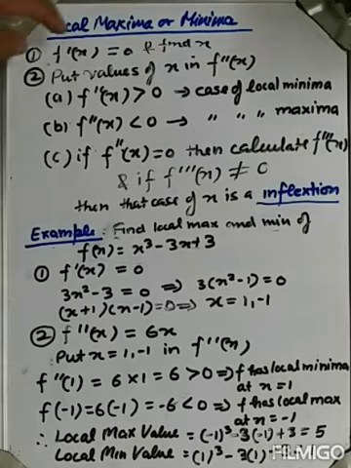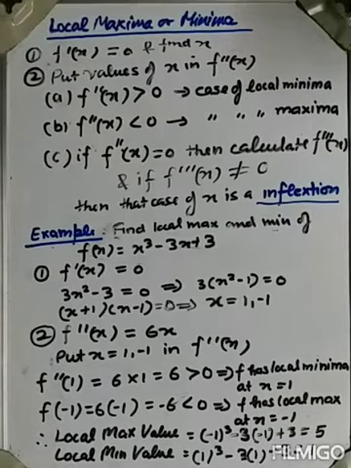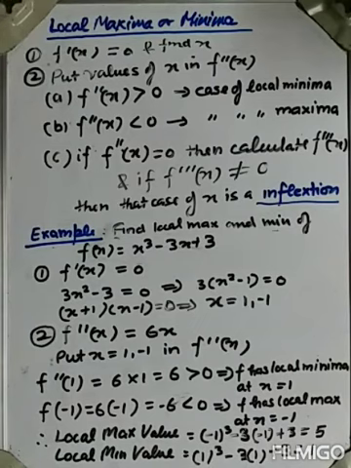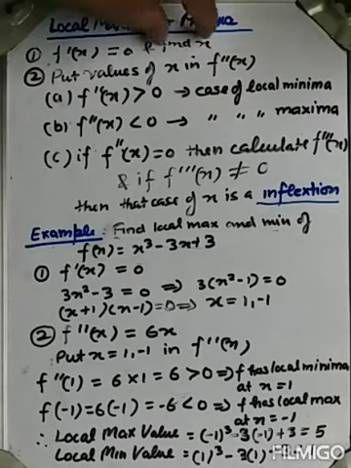For that, the first step remains the same. First step was f dash x equals 0 and find the values of x. In that case, we were just finding the value of x and putting it in the original equation. Whatever is the greatest value is the maximum value, and whatever is the smallest value is the minimum value. But now the second step changes. The first step is the same for absolute and for local maxima and minima. Put f dash x equals 0 and find x.